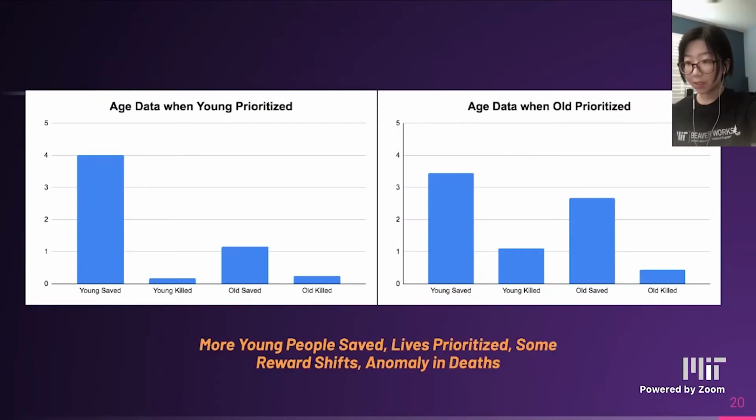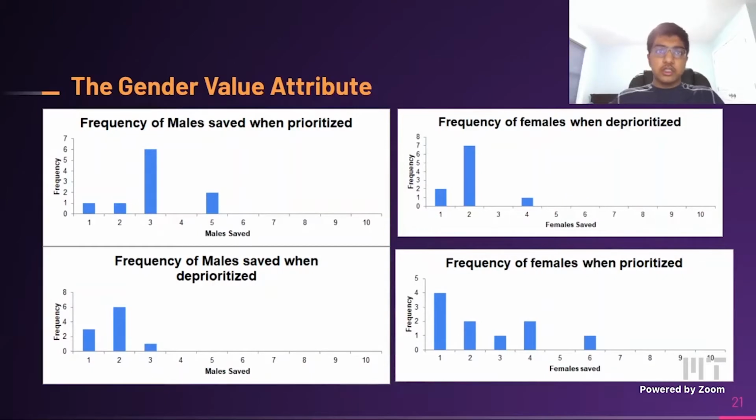As shown with the average data, there is still a noticeable gap due to the reward structure, with the average changing based on points but the overall trend remaining the same. Deaths were mainly minimized in Structure 1, but in Structure 2, young people were killed more than usual. The death value in Structure 2 was a major outlier in our data, yet the trend seen with wealth structures remained. Finally, we applied our gender attributes.